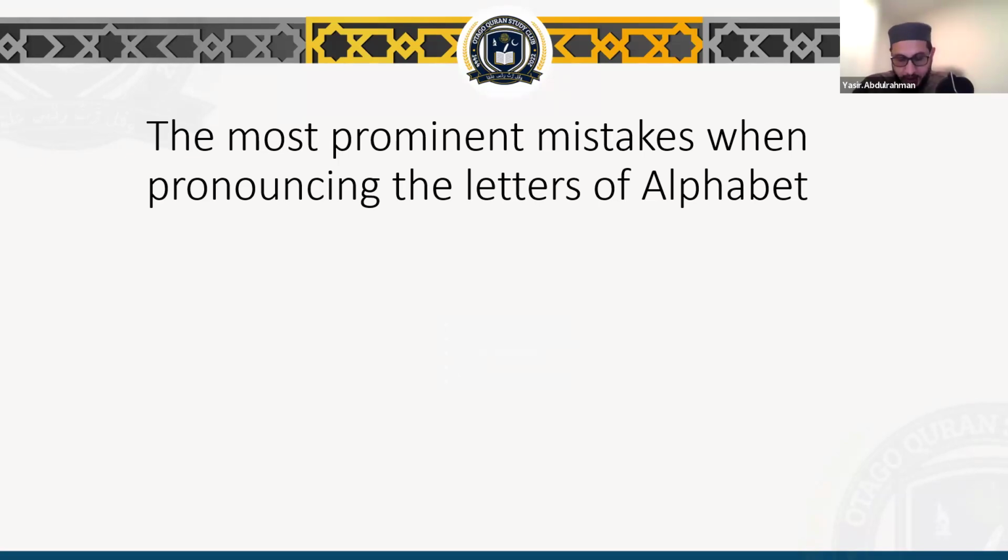Yes, page 110. The most prominent mistakes which occur when pronouncing the whistling letters: the sin, the sad, and the zai, the three letters. The first one is weakening its whistle. Now we know that the three of them are loose letters, حروف رخوة, which means when you pronounce them, especially when they have sukoon, you have to give them enough time. So when you say